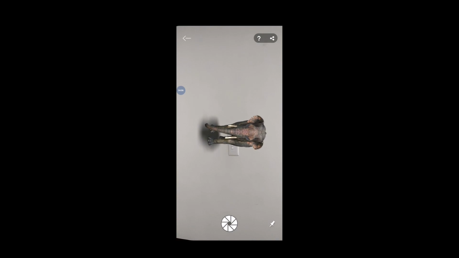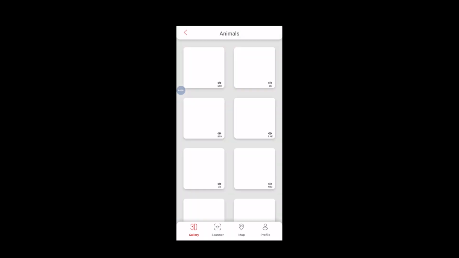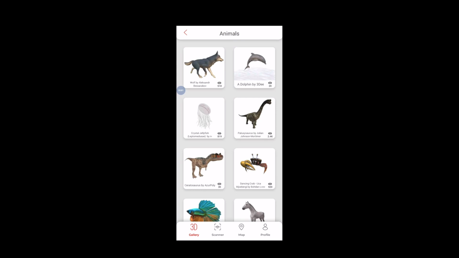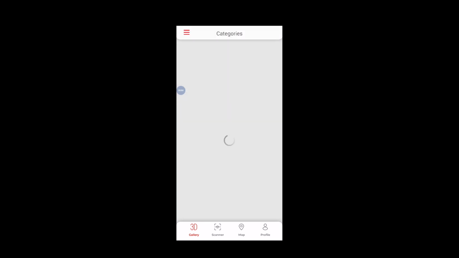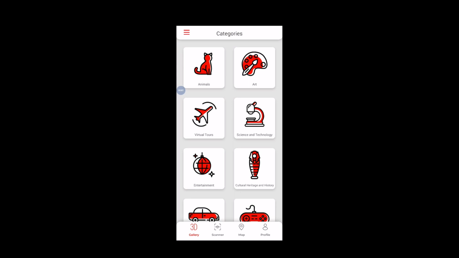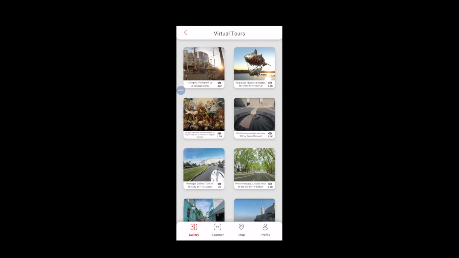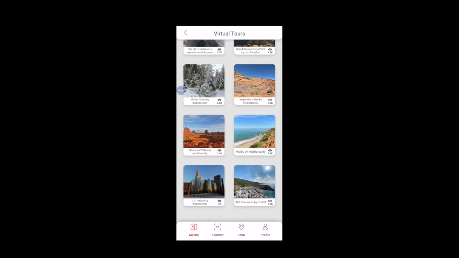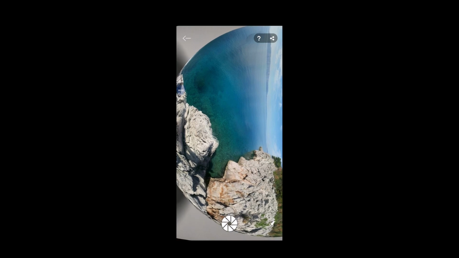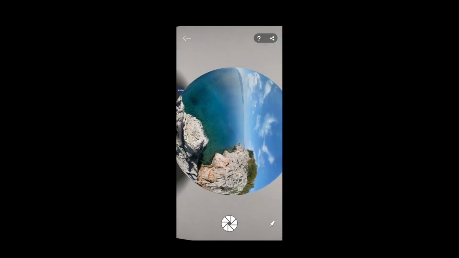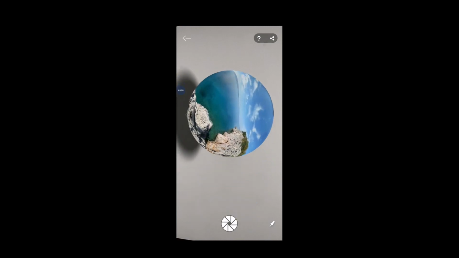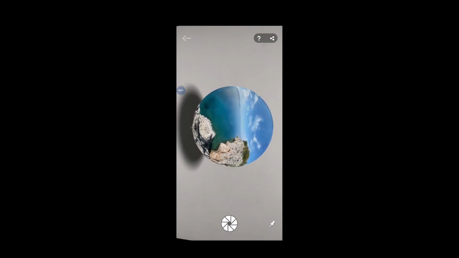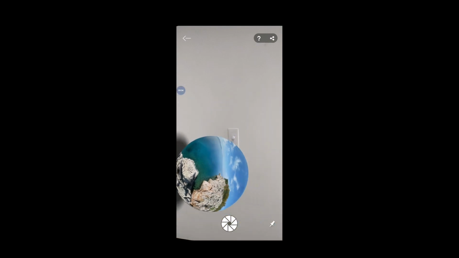I think AR Lupa is one of the best applications that brings this much augmented reality with a lot of opportunities. So what is virtual tour? Just click at the virtual tour option, select a particular one. I would like to present a 360 panorama. Just click at the option, each image, just choose one. Here also we can reduce the size. We can explain about the image, image by image, not an image, it is a moving animation.